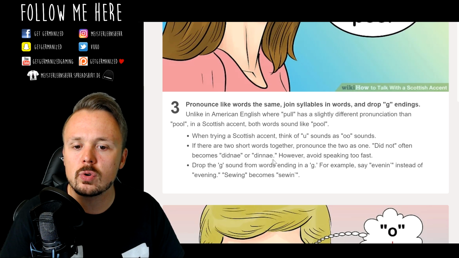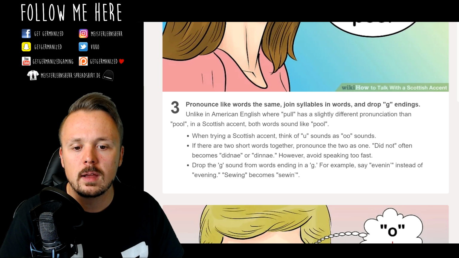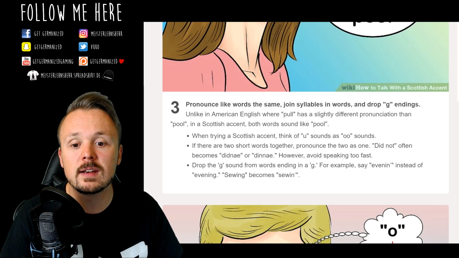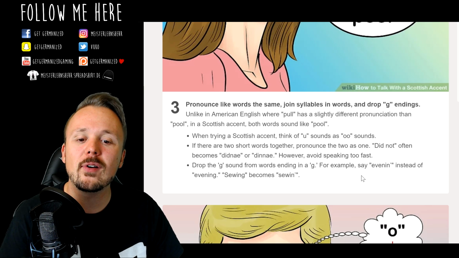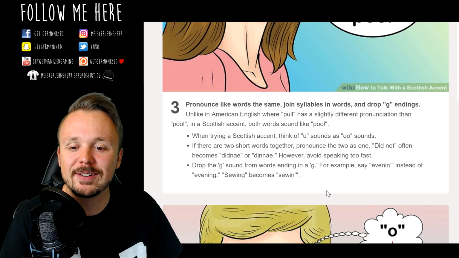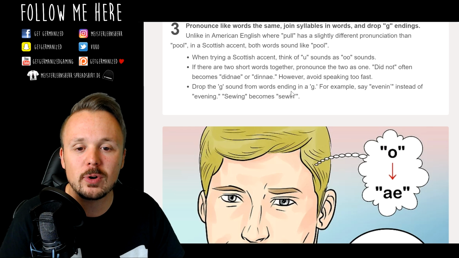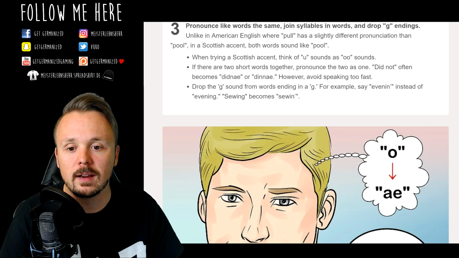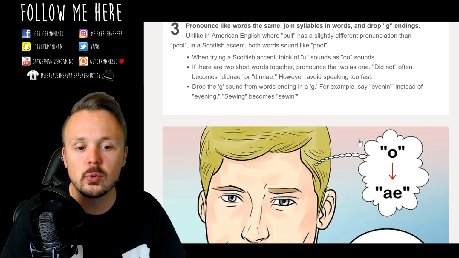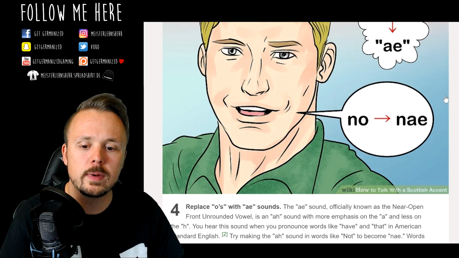If there are two short words together, pronounce them as one. Did not often becomes dinnae. Dinnae. However, avoid speaking too fast. Drop the G sound from words ending in a G. For example, say evenin' instead of evening. Doing becomes doin'. The O becomes apparently